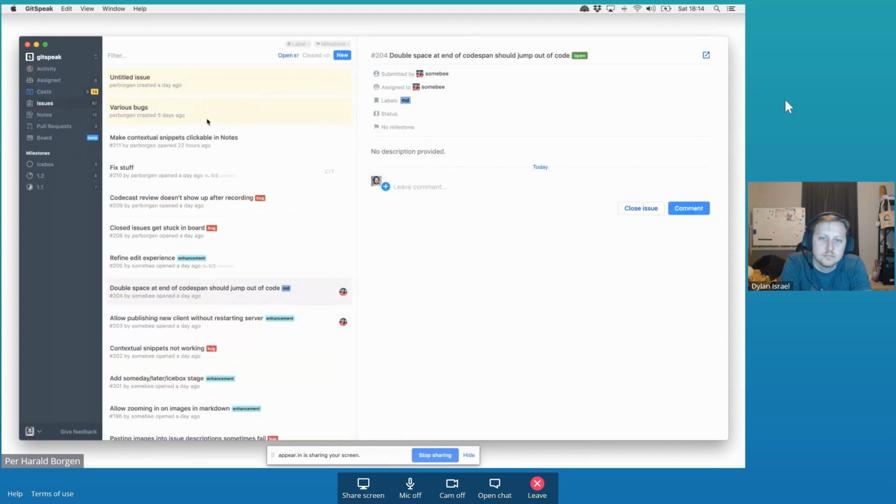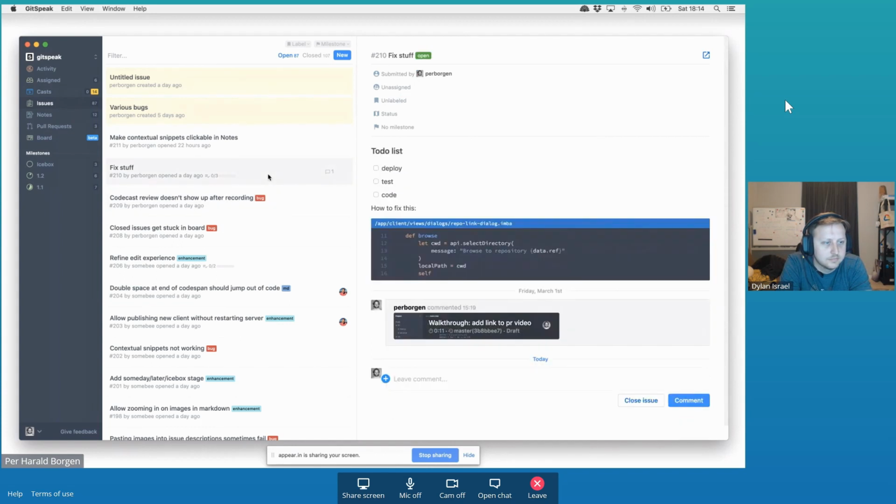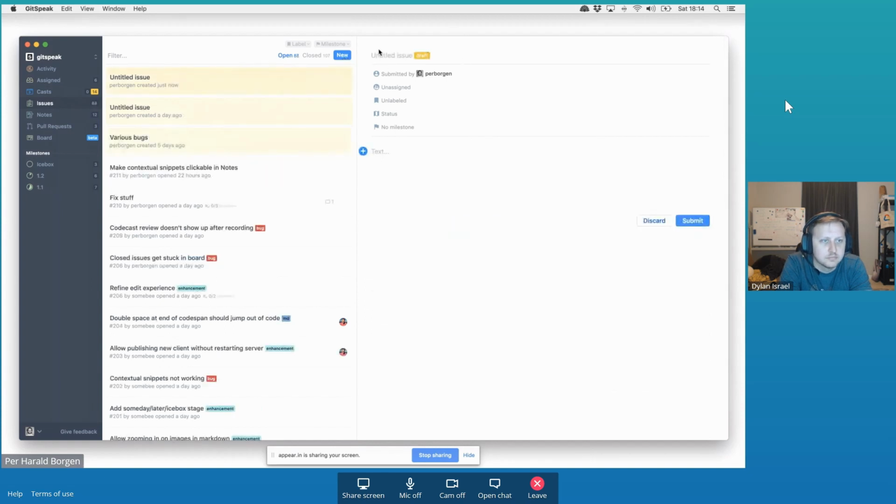But anyway, the deal with GitSpeak is that we're trying to, as I said, make it a better experience managing projects for developers. And here's an issue. Let's just create an issue, because that'll give you an impression of the kind of features we're focusing on. To create an issue, you hit the new button here, and let's say you have an issue, fix API bug. Then you can assign people to it, and you can label it, and let's see, this is a bug, and you can put a status for the board, which I'll show you later, and also a milestone if you're using milestones.